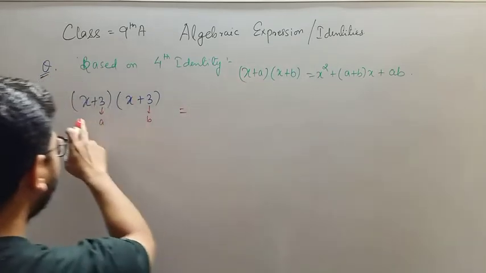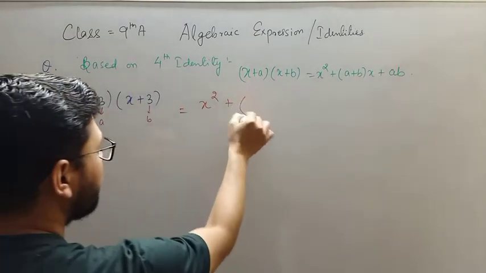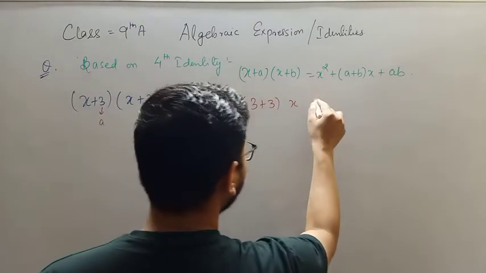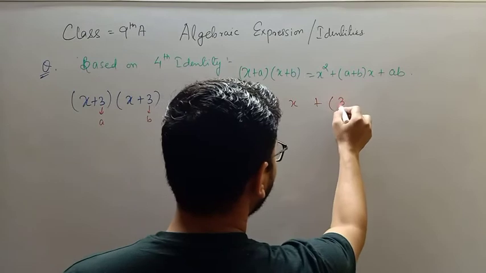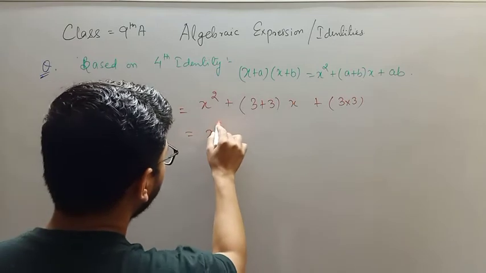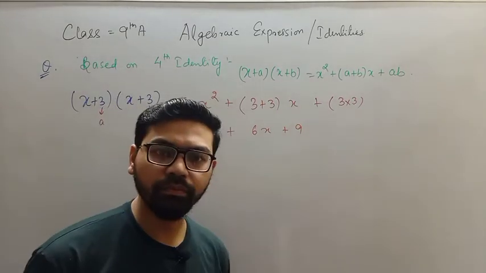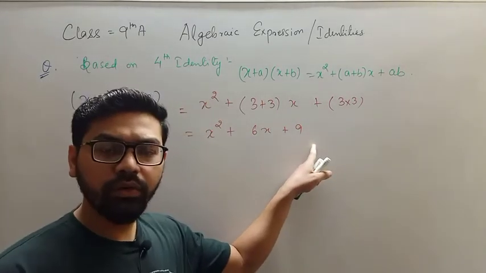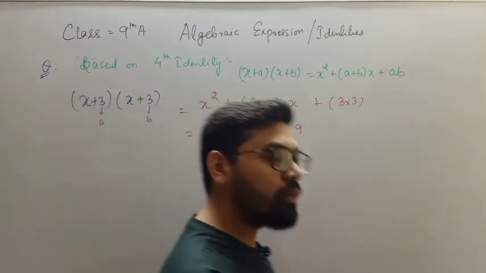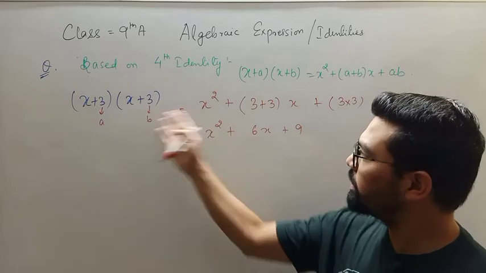x plus a, x plus b, x plus 3, x plus 3 will give you x square as it is, okay, in the bracket a plus b, so you will write 3 plus 3 into x as it is, plus a into b, that is the product of roots, which you are going to learn in class 10th. x square plus 6x plus 9. So this is your answer, and this is nothing but a quadratic equation. And the same concept involved here is middle term splitting that you have learned in exercise 2.4, right? In exercise 2.4 the concept that you have learned, middle term splitting, this is nothing but the middle term splitting.